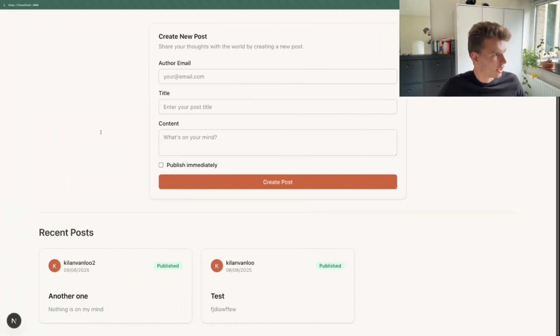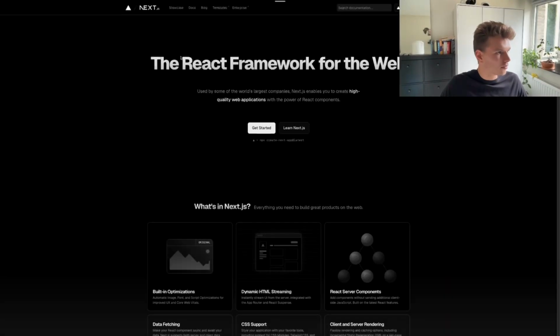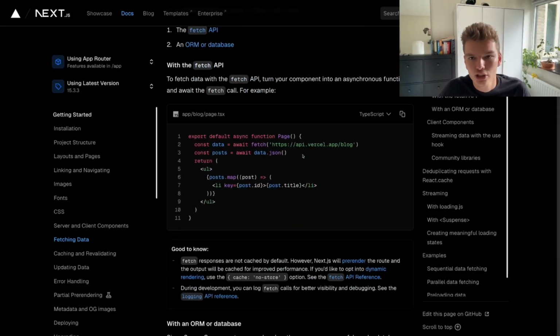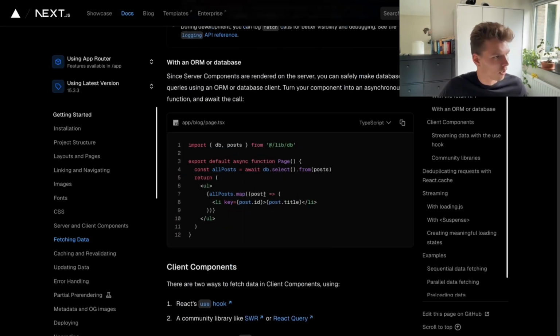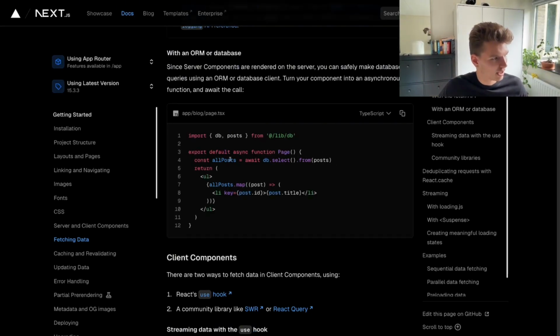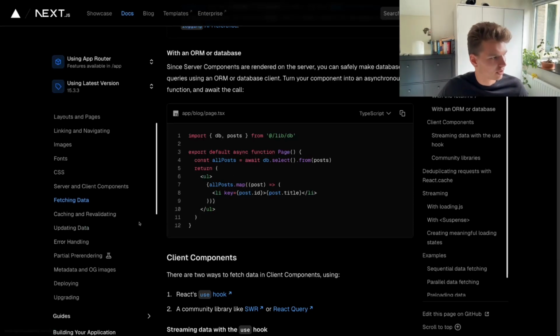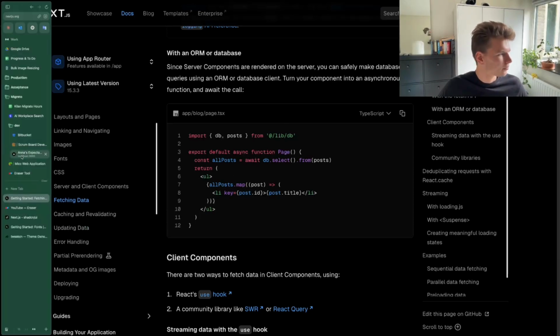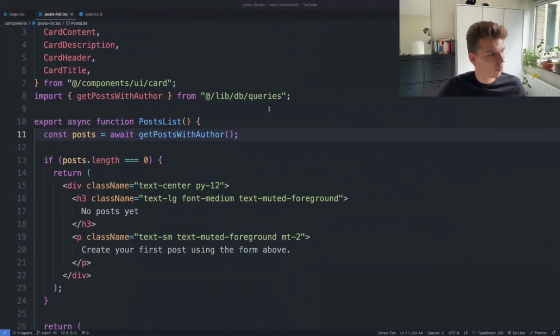But if you go to the actual Next.js docs, in the server components section, Next.js doesn't say anything about how to handle errors. When you're fetching from an ORM, let's say you're using Drizzle, there is always a chance of an unexpected error happening. You can always break the connection between the server and the database. That's always a possibility. And I think it's a bit weird that Next.js doesn't actually say anything about that, besides in this error handling section, which is kind of relevant, but basically my point is that this can fail